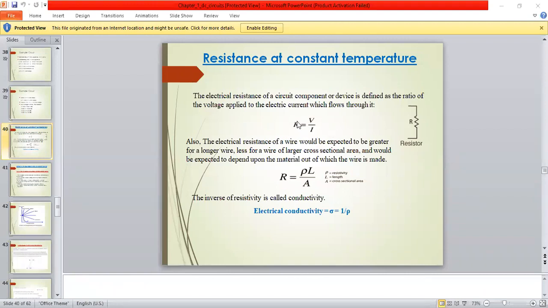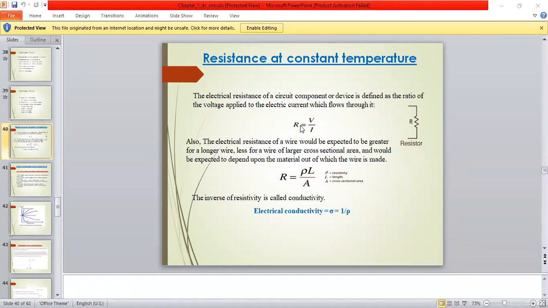ये formula कहाँ से आया? Ohm's law से आया. Also, the electrical resistance of a wire would be expected to be greater for a longer wire, less for a wire of larger cross sectional area. Okay, here the area is always taken as the cross sectional area, not the complete area. ठीक है, it is the area of one particular cross section of the wire,